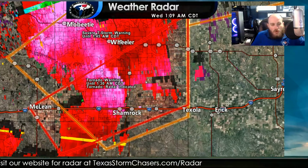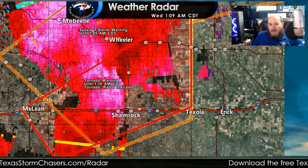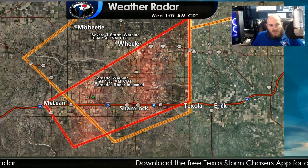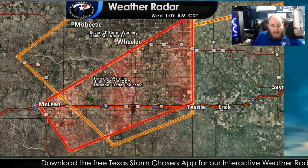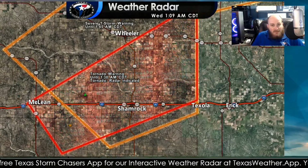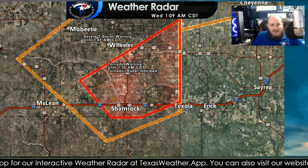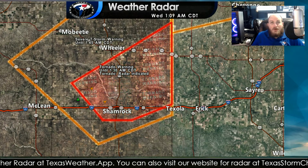We're going to get a tornado warning update here from the National Weather Service. You'll see that flashing on the radar. We're going to let that come in and update. You'll see the polygon shrink. McLean, you're clear. Wheeler, you're not in this tornado warning. You never were. City of Shamrock, I think you're going to be safe here within 5 minutes as the storm races northeast. And there's the latest update. Again, McLean's clear. The only county in the tornado warning officially now is going to be...